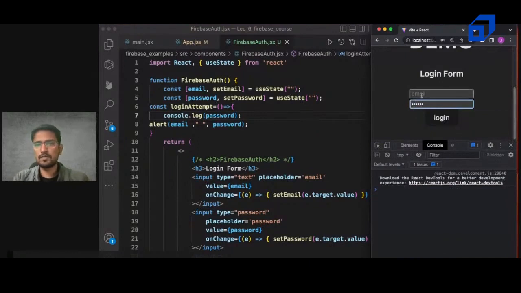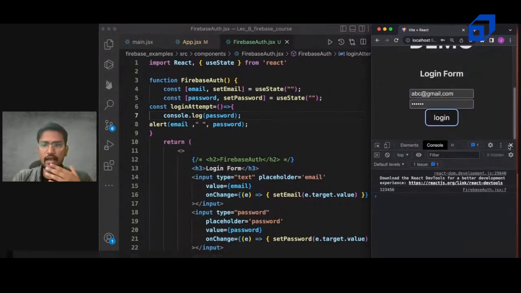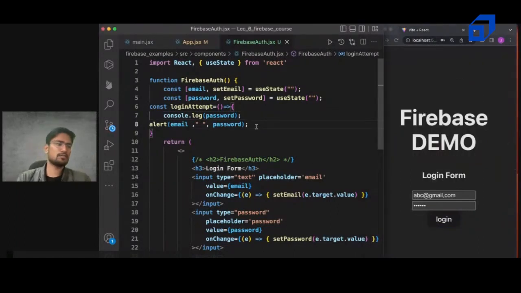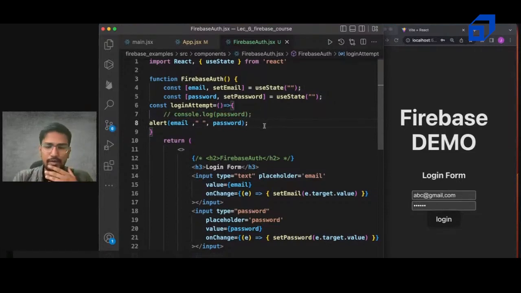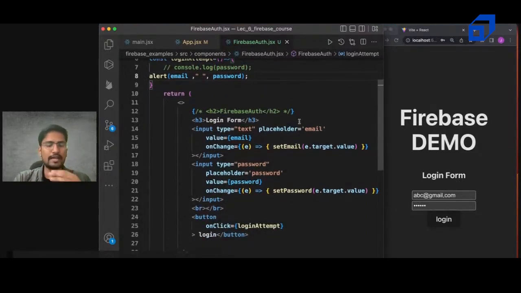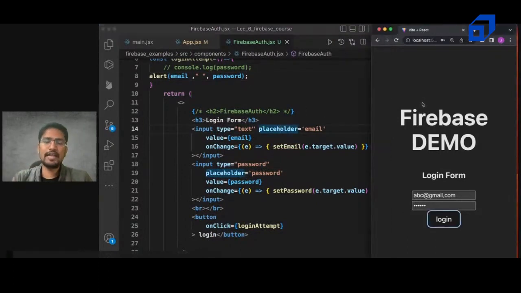So the password is of course not showing because of the dot password, so that's why that would be the case. But it is being logged. Okay, now I have set up a simple demo, a simple login form, and I have to do the login. Okay, now let's just go to our documentation and let's see how we can implement that,